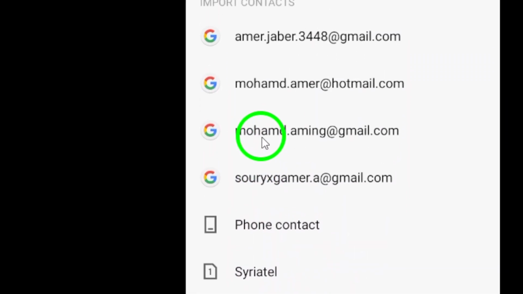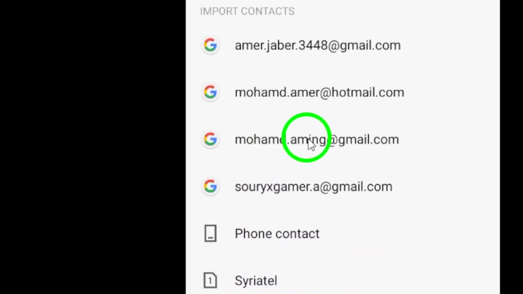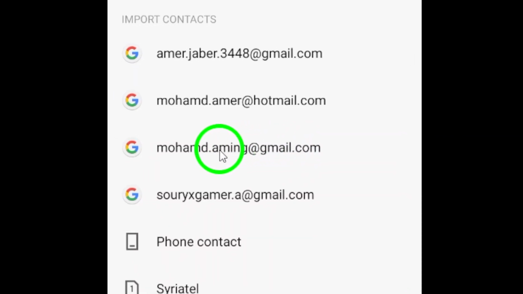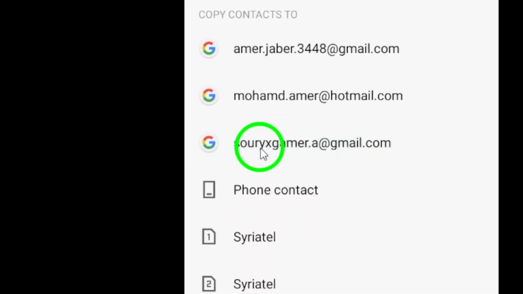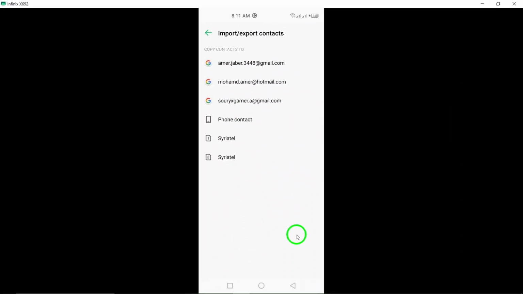Once you choose your source, the next step is to select the Google account where you want to save these imported contacts. It's simple and ensures all your contacts are safely backed up in Gmail. And there you have it. You've successfully imported your